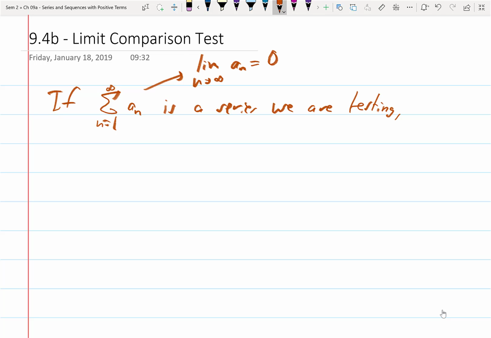But if it is 0, if the sequence goes to 0, we're not sure if the series converges or diverges. If the limit as n approaches infinity of a sub n is equal to 0, we are not sure about convergence or divergence, so we have to launch into this series of tests, pun intended. So if this is a series we are testing, and the sum from n equals 1 to infinity of b sub n is a known convergent or divergent series,